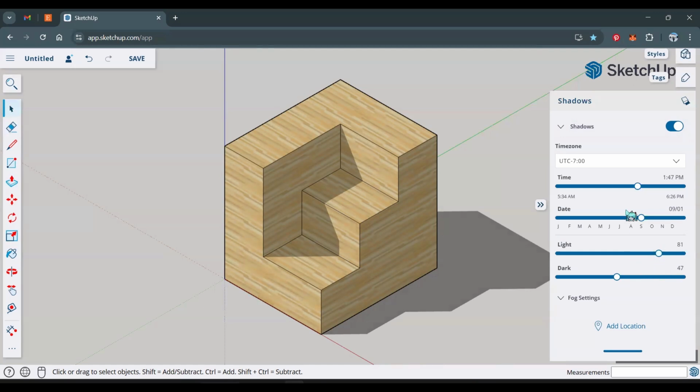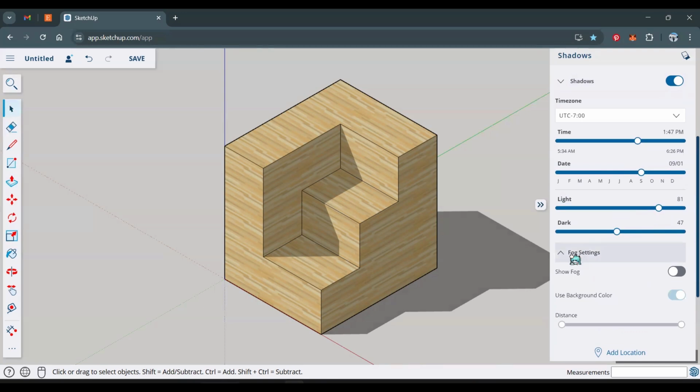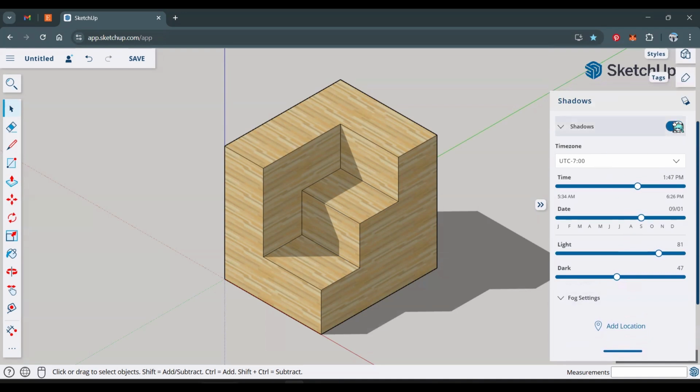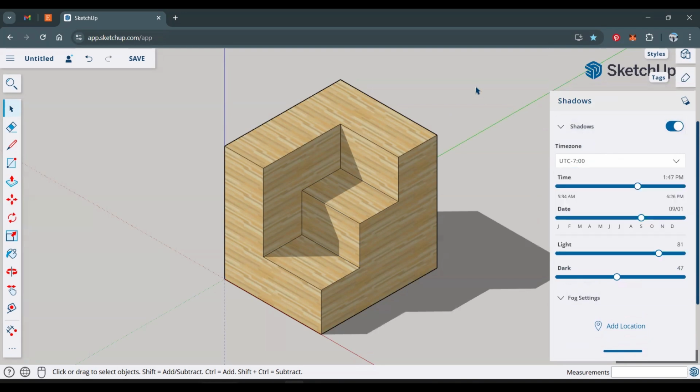Yep, that seems fine. You can also add fog, but I don't really like adding the fog, but you can. Something like that. Depends on the scene that you want to create. You can also add your location, but let's not do that. So again, you can see the difference of having shadows and not having shadows. So you can also change the time zone as well. So just click on any time zone you like. Now,